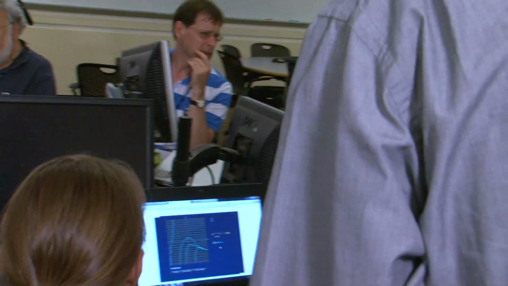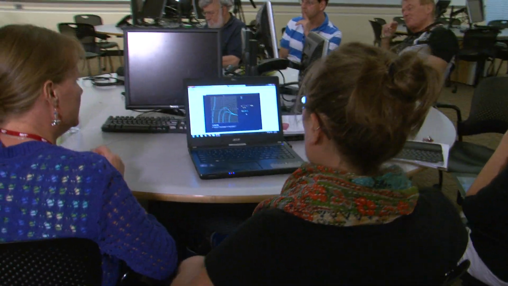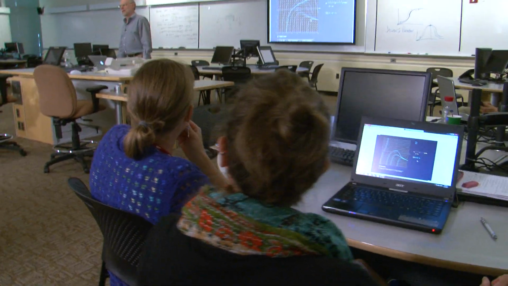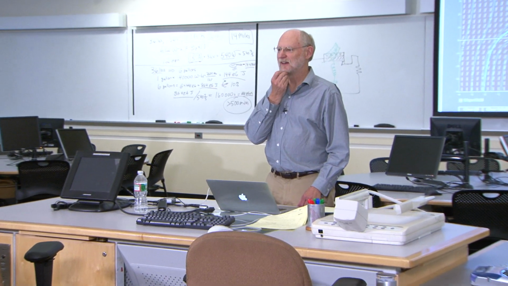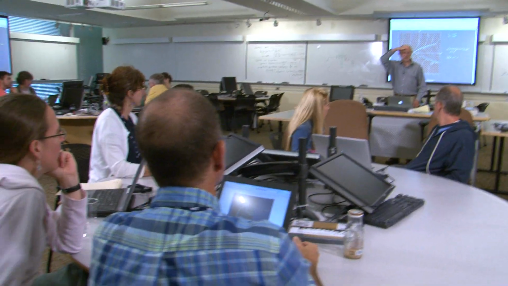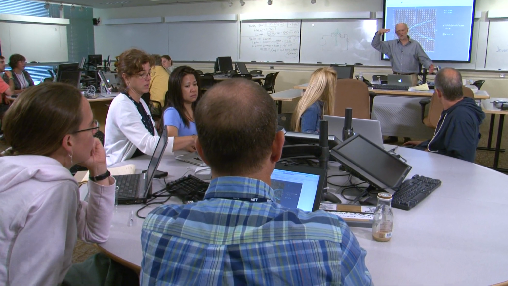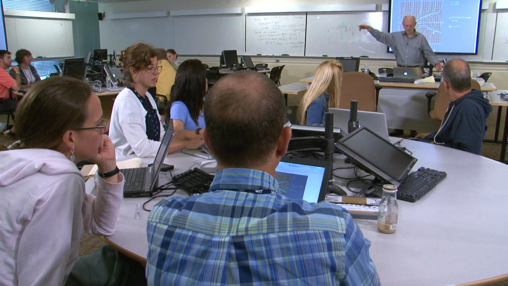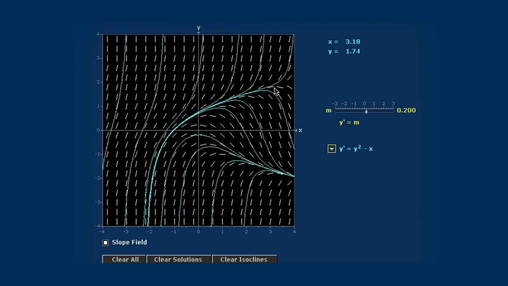Okay, so now I can show you something that I'll show at large here. Good job answering all the questions. Are there some predictions? Some thoughts about where the maxima occur? Where the slope is horizontal, that's where maxima are going to occur. The formula says that y prime is y squared minus x. That happens when y squared minus x is 0, which is a parabola on its side, opening out to the right. And that does look like where the maxima are occurring, that parabola.